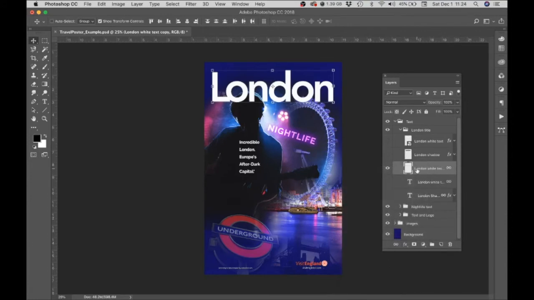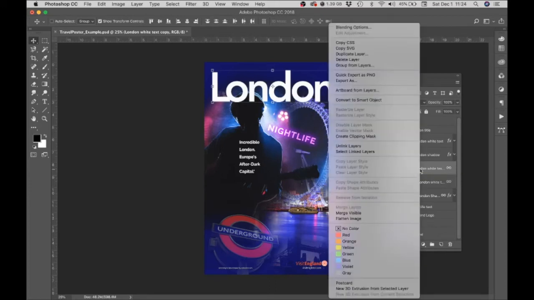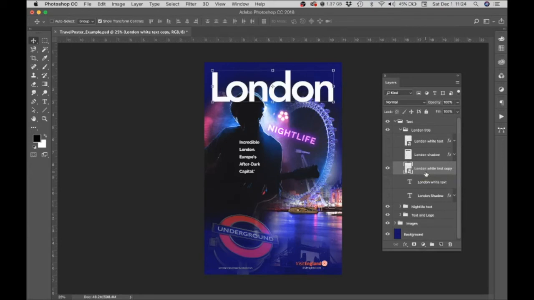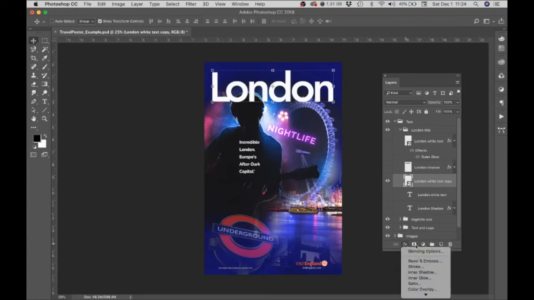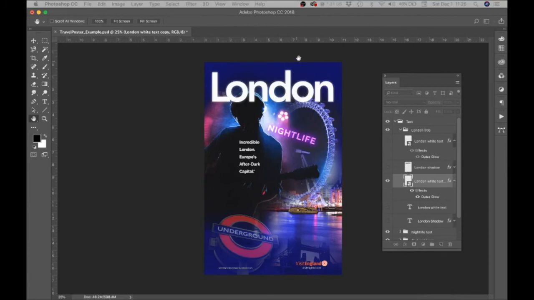And I didn't stop there, though. What I also did is I turned it into a smart object. And I turned it into a smart object by right-clicking again and then just choosing Convert to Smart Object. What that does is it allows me to apply the effects to the layer, and they're not going to be permanent. All right, so what I used for that layer is an effect called Outer Glow, and I found that by going under this Effects button and just scrolling down and choosing Outer Glow. Now the settings